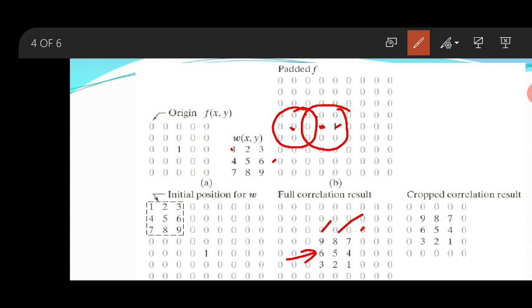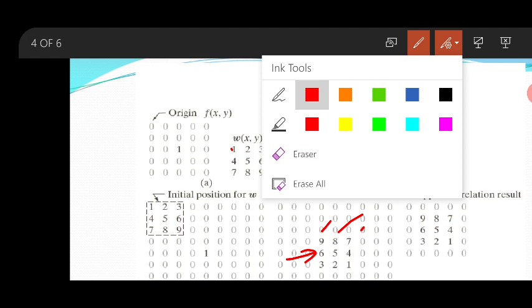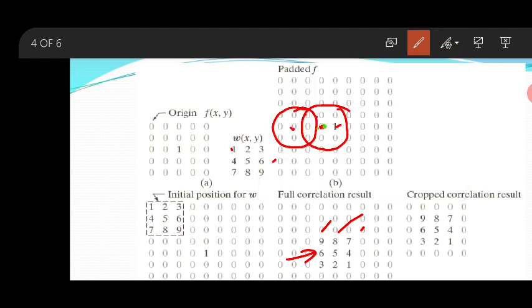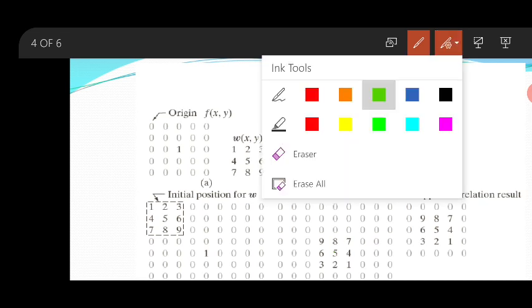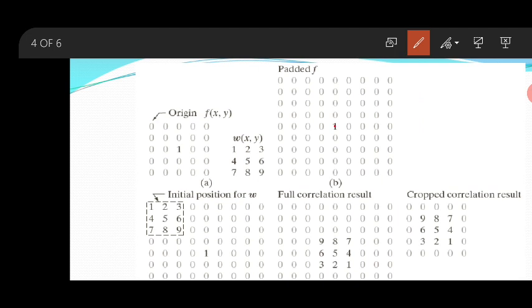Whatever the center pixel is, that is what you are getting. I'll mark it with a dark color here. This is the center pixel. What is the value of the center pixel now? That's 6. Now you slide it here. You just multiply W with this one. After multiplication, 5 will be multiplied with 1 here, which is the center pixel, 5. I hope you're getting 9, 8, 7 here. I got 6, 5, 4.